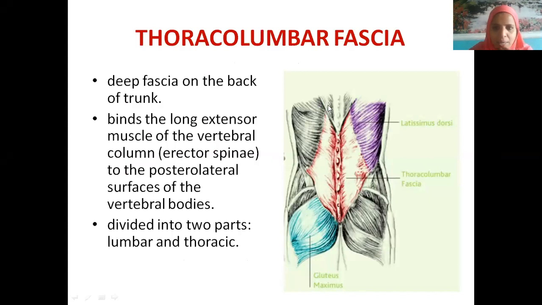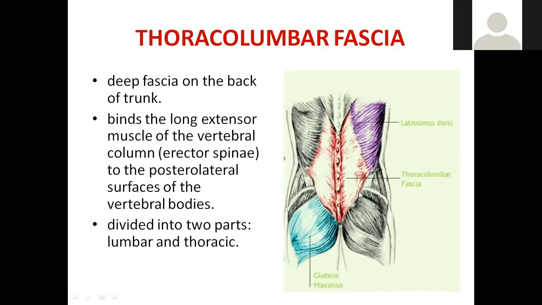What is the name of this muscle? Only the lower part of the V is seen. Can you make out? Trapezius. What is the name of this muscle you are finding here? Latissimus dorsi. This whole muscle is latissimus dorsi, and this side also, this whole muscle is latissimus dorsi. Then as you come down, what are these muscles? Gluteal muscles, this is the buttock region. This is the iliac crest.